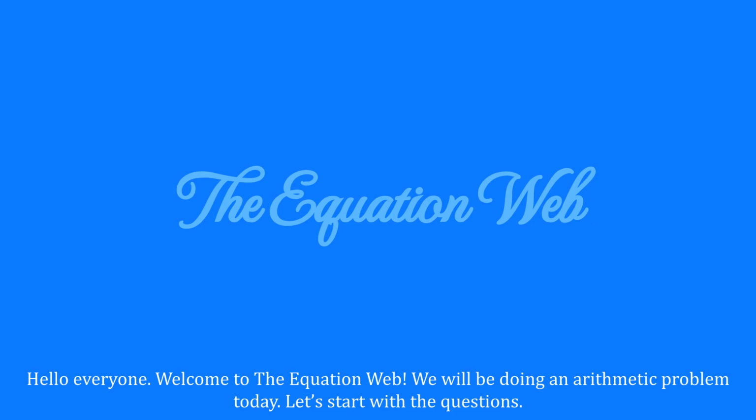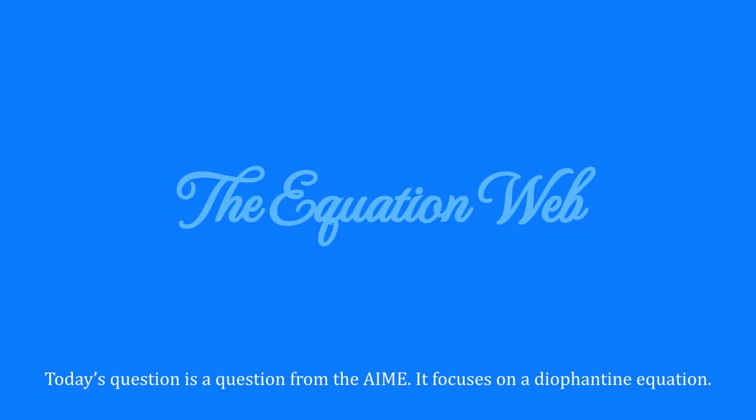Today we will be doing another arithmetic problem, so let's start with our question. Today's question comes from the AIME, which is an American math competition, and it focuses on Diophantine equations. Diophantine equations are equations where integer solutions are much preferred, so not 1/2 or a decimal, only like 2 or